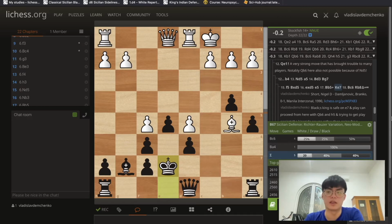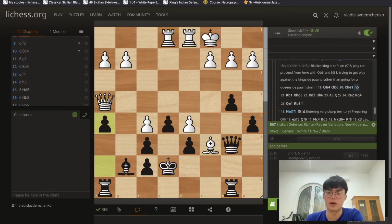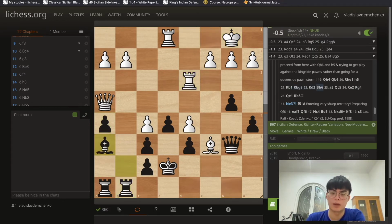We just can continue with the game with bishop c6 and rook b8. We have a lot of compensation here. For example, queen h4, queen b6, rook h1 and h5. So a common move here, just allowing the bishop to go to h6, for example. And after king b1, rook b to g8, rook d3, bishop h6,